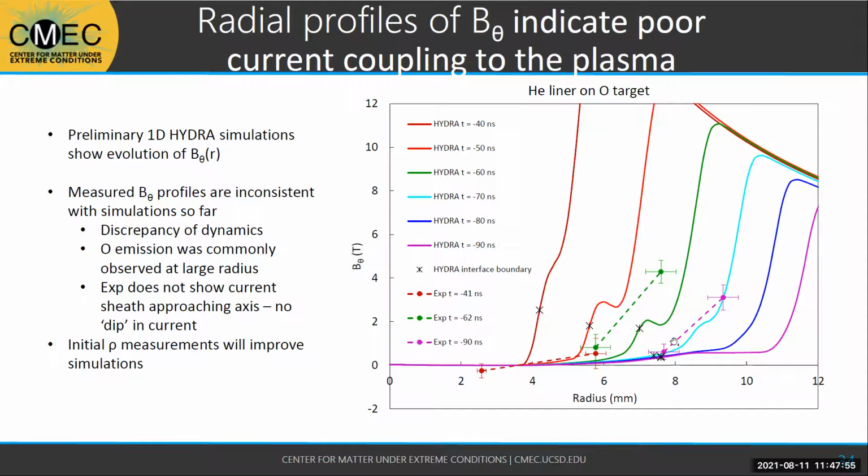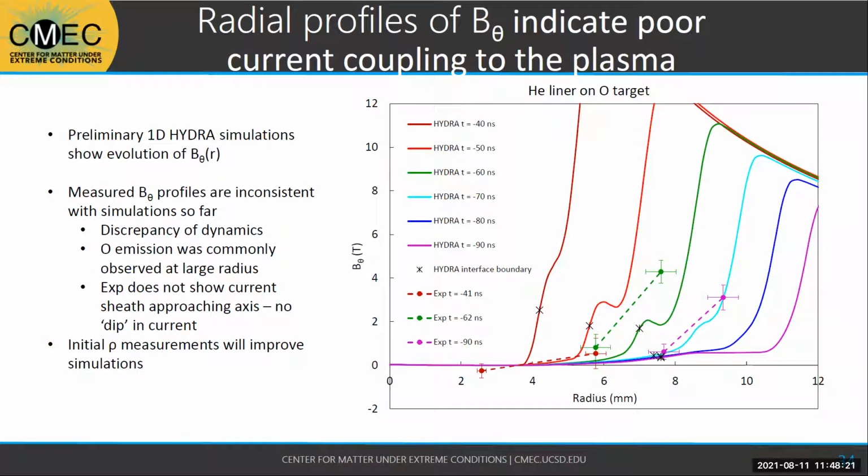The distribution is not at all becoming more like it doesn't show that the current sheath is moving inward radially. If anything, it shows that it's either not moving or it's potentially moving outward. And this observation is consistent with the current profiles that we measured, as they